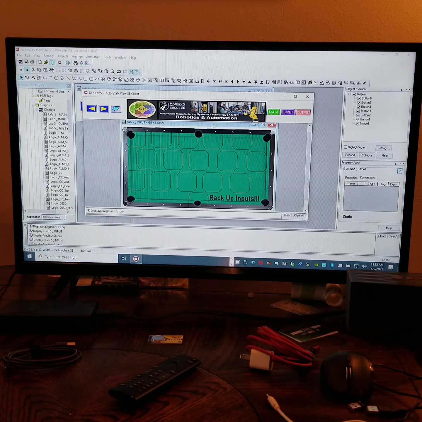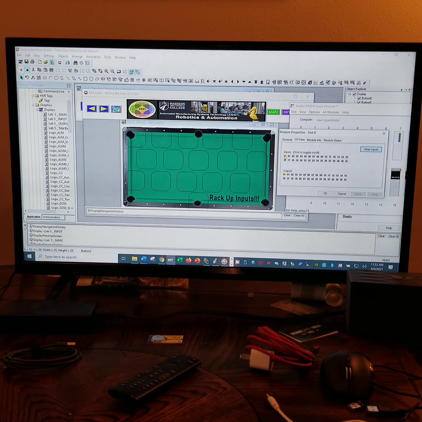For our input screen, I had to place 15 inputs. So I'll rack up the inputs. And for this one, I'll bring out the emulator, identifying what inputs are being used and which ones on the screen here are active. So start with 0. Technically I've got 16 up here because number 15 is down here, but as I click through the inputs and use them as a priority,